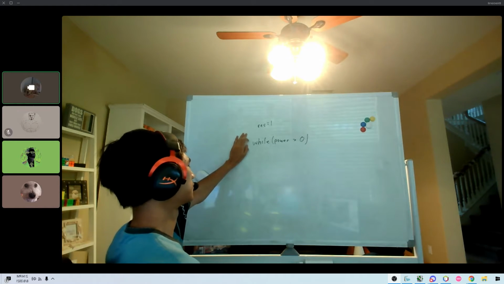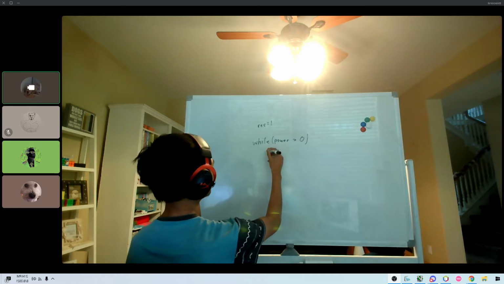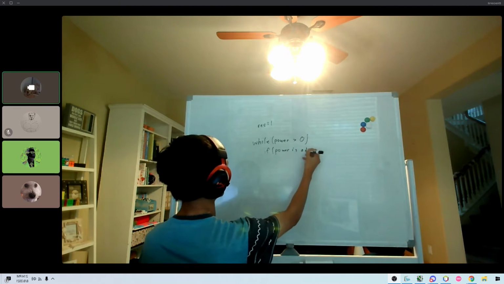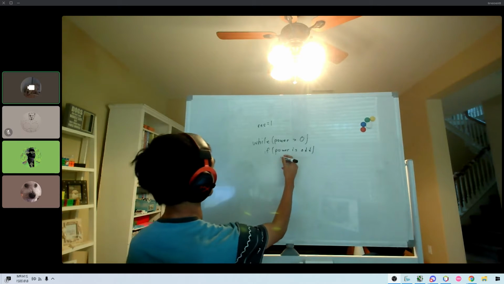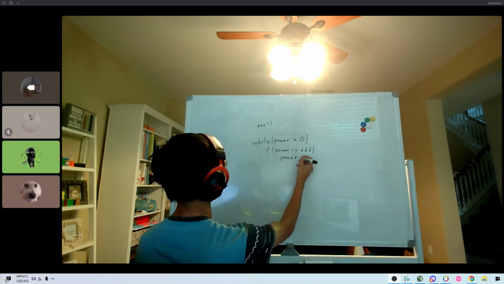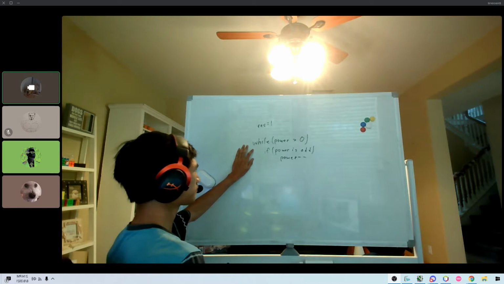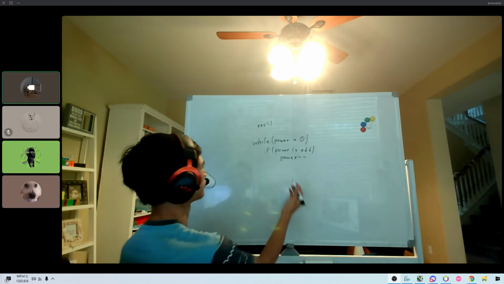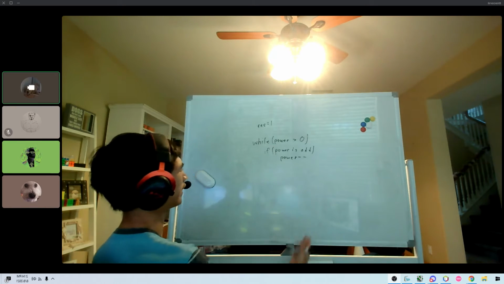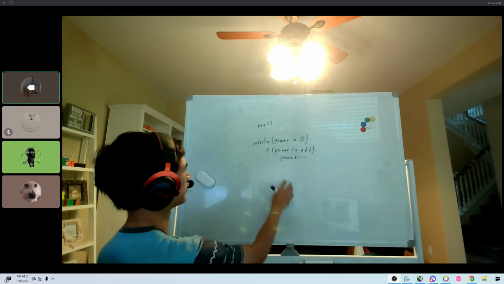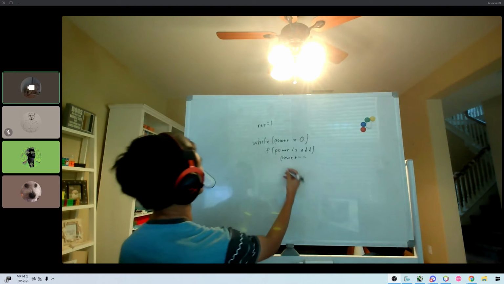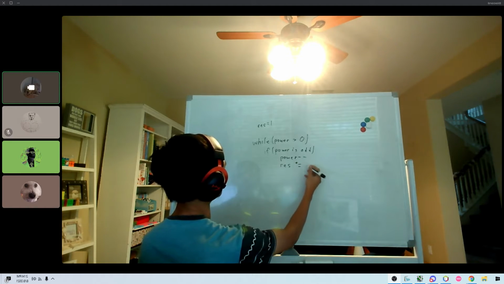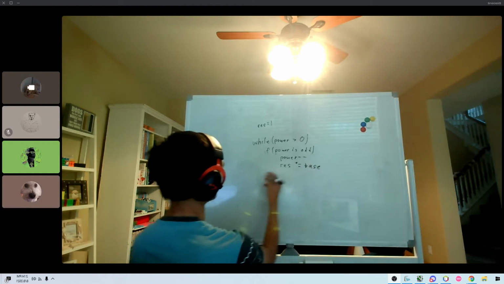So while the power is greater than 0, if our power is odd, then we have to subtract 1 from the power, and we know that we're going to have to multiply our current base into the answer. So once again, you can add it to a vector to do later, but it's just easier to multiply at that moment. So you do res times equal base, and then